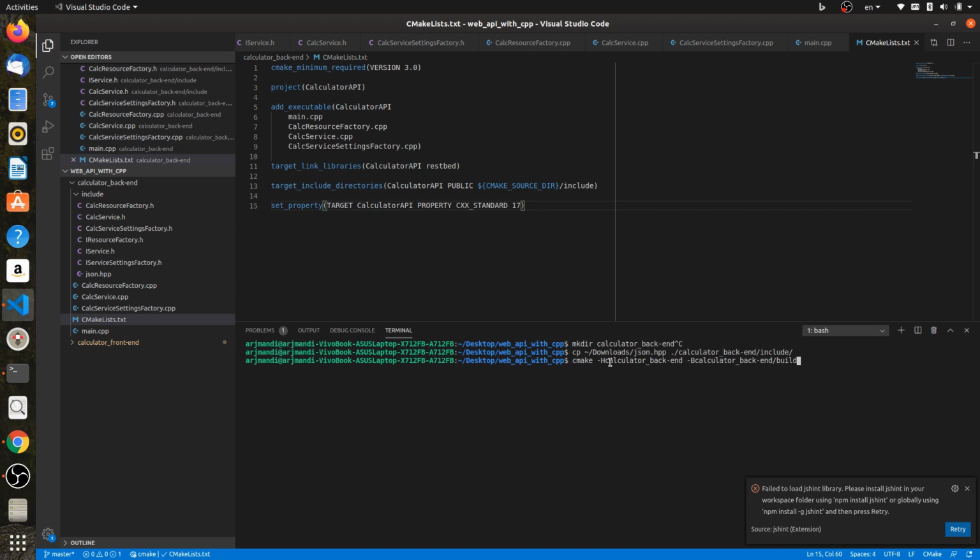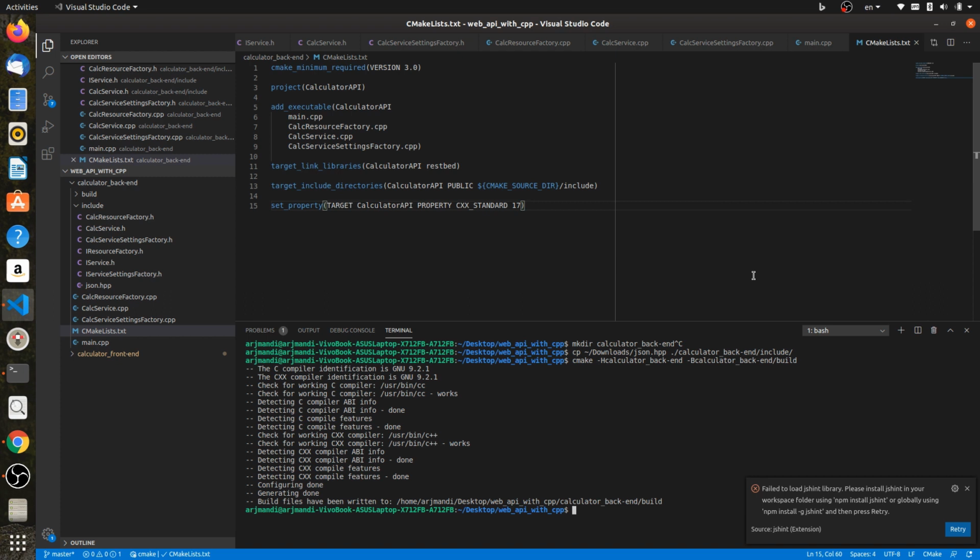The dash h points to the source directory and dash b points to the build directory. Alright, run this command. It causes configure the project, and finally we can build the project through running this command